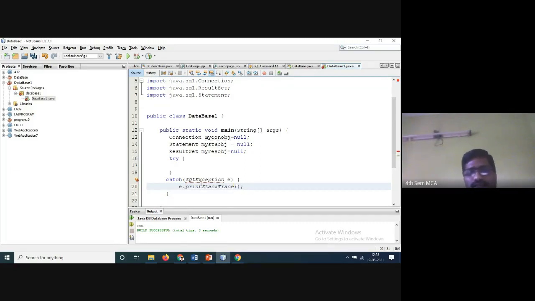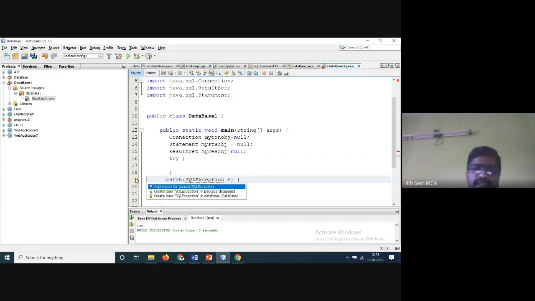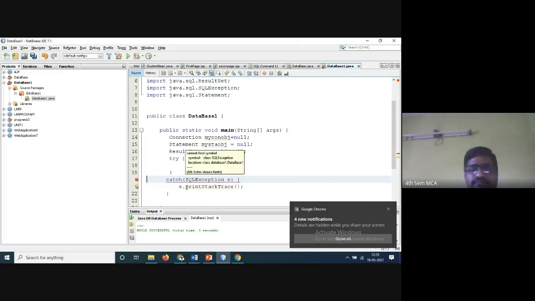SQLException and e.printStackTrace. But it is showing an error here for us. So now just right click this. You have the import for java.sql.SQLException. Just click this.